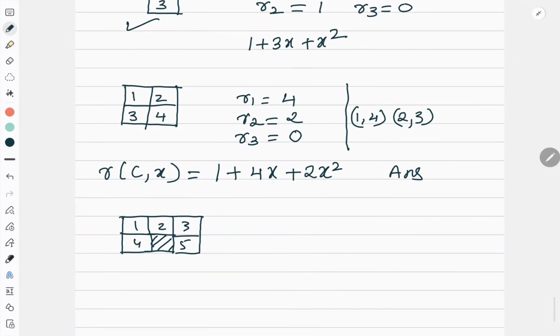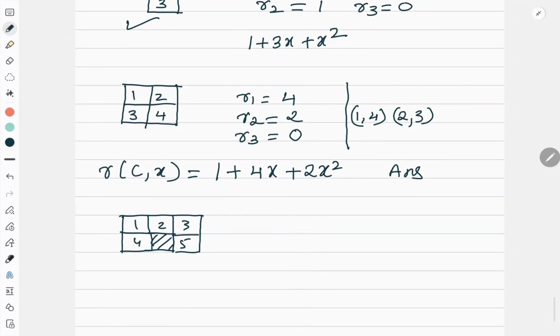Right? Now let's see a little bit more. We will keep on increasing the number of squares in the board. Now for this, what is R1? R1 is clearly 5. Now let me check what is R2. So let me write here. 1, can I place with 2? No. 1, can I place with 3? No. 1, can I place with 4? No. Can I place 1 with 5? Yes, I can. So 1 is sorted.